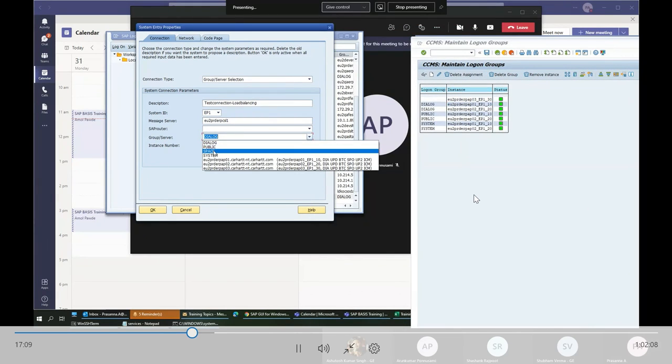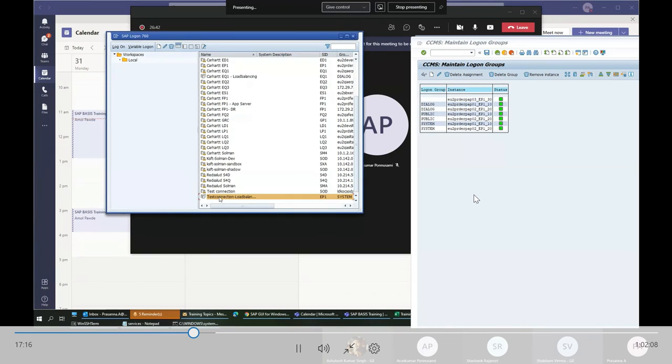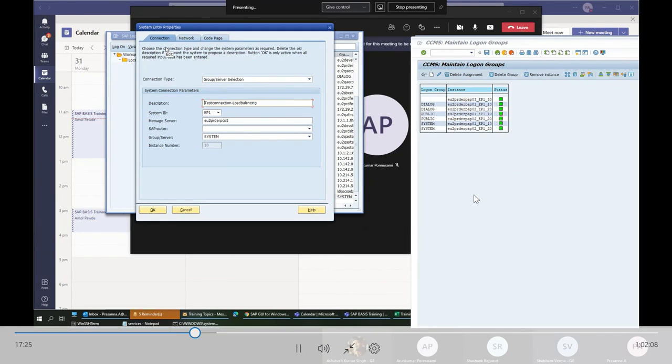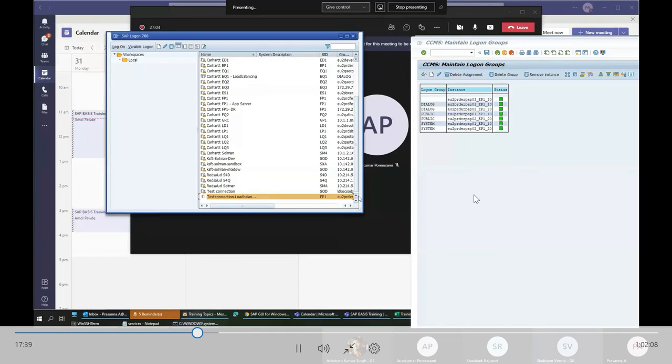Okay. So first we have to mention in the logon group which logon group is for a particular server, for which we are configuring end user logon. Suppose we want to add another logon group in that logon table, how should we add it? You can just create a new logon group and add any logon instances.